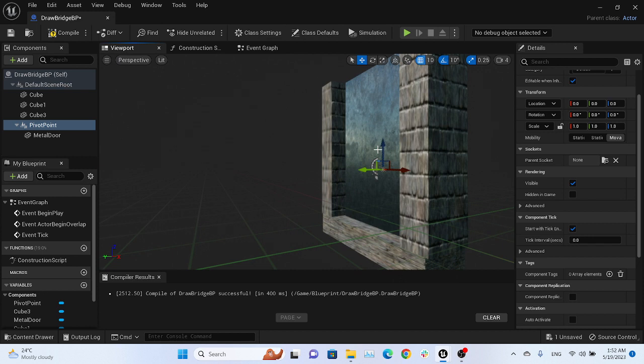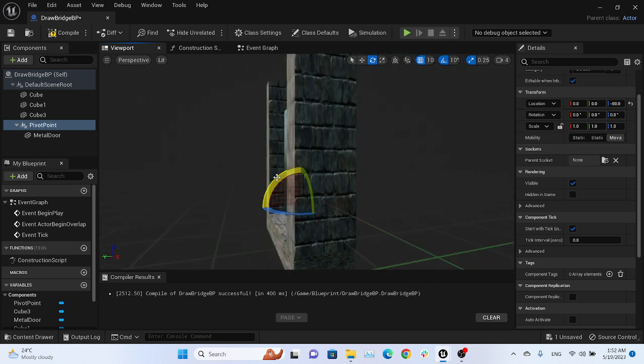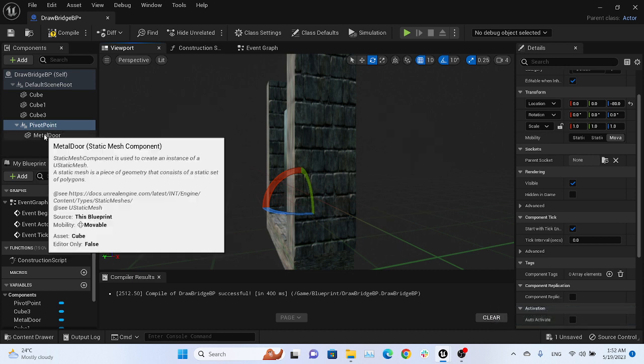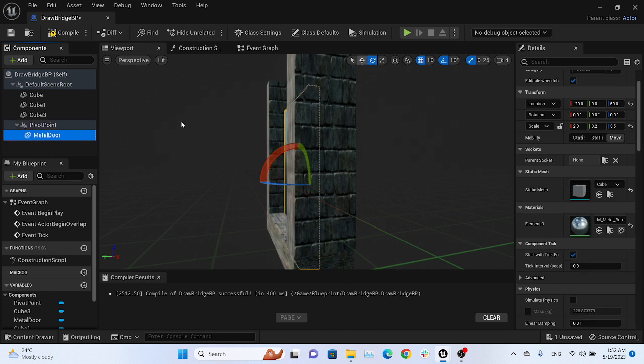If I bring it down and rotate, the gate will also actually come along with this scene and also rotate with the scene. So as you can see, the pivot point is changed because the door is now the child of the pivot point, basically the scene. So what we will be doing, we will be changing the location of the metal door